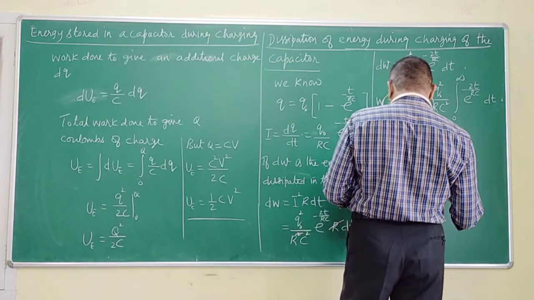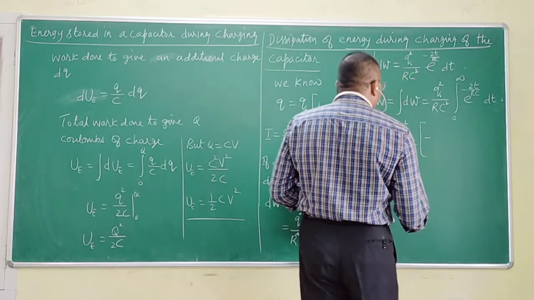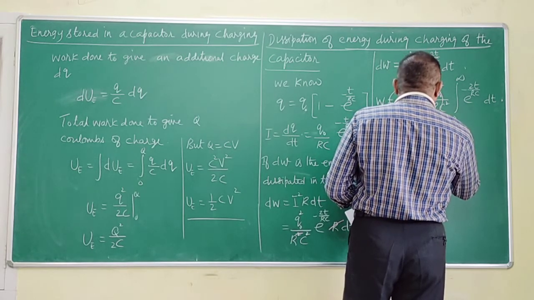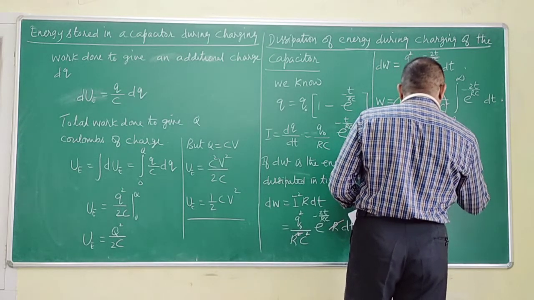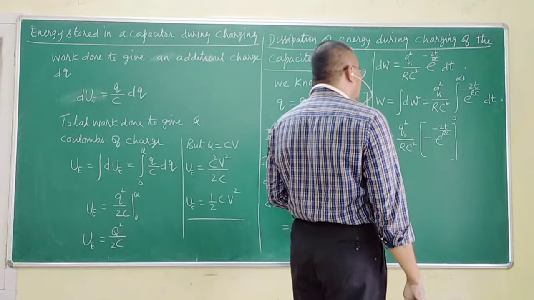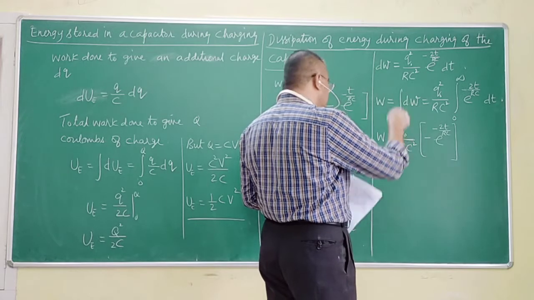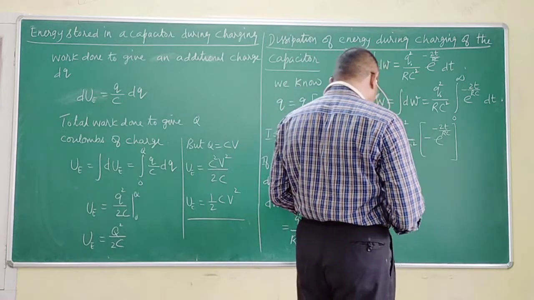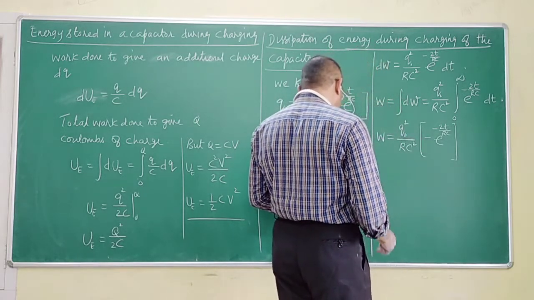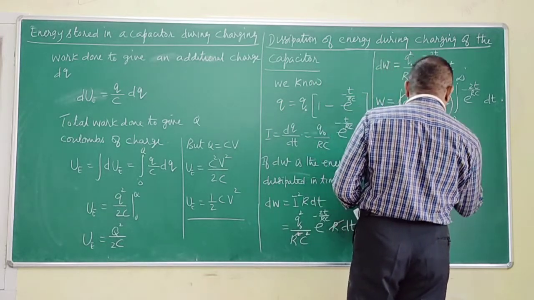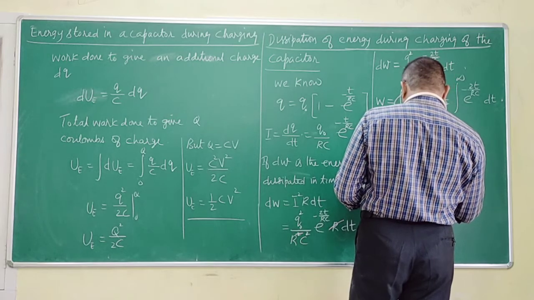Minus e to the power minus 2t by RC and minus 2 by RC, if you integrate, you will end up with, this will be divided by 2 by